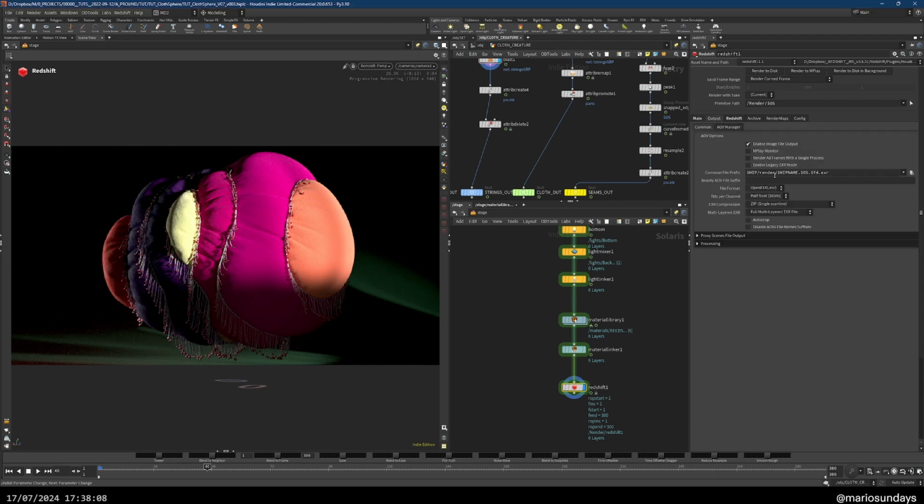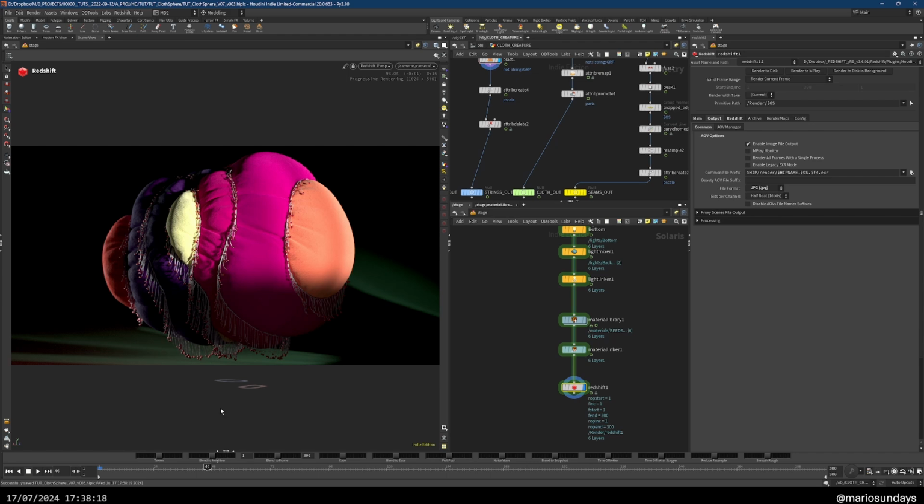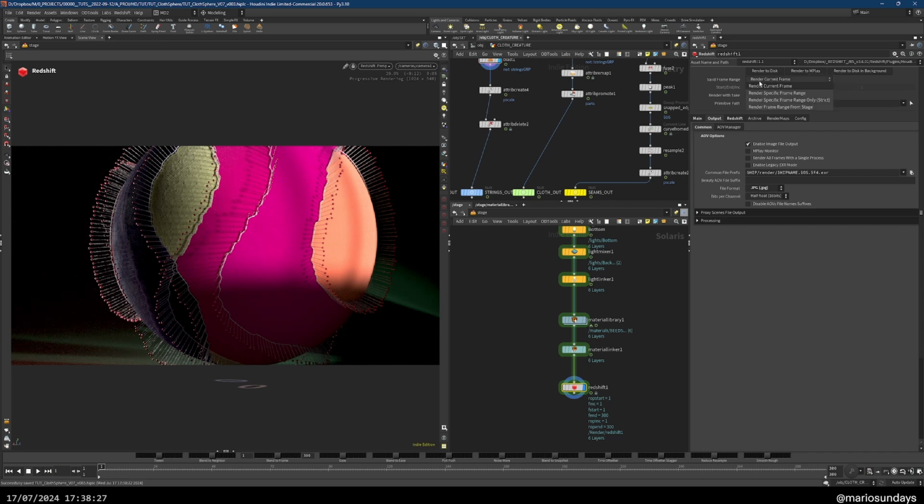And then this is the output. It's going to be saved on the render folder. I'm gonna choose JPEGs for now, and that's it. So you just press render to mplay. Actually, don't forget to turn on this render specific frame range,